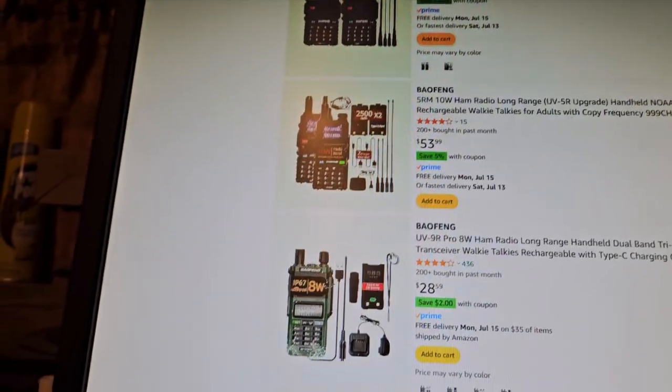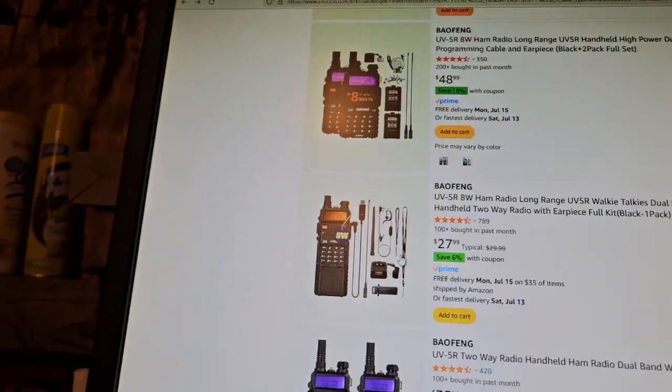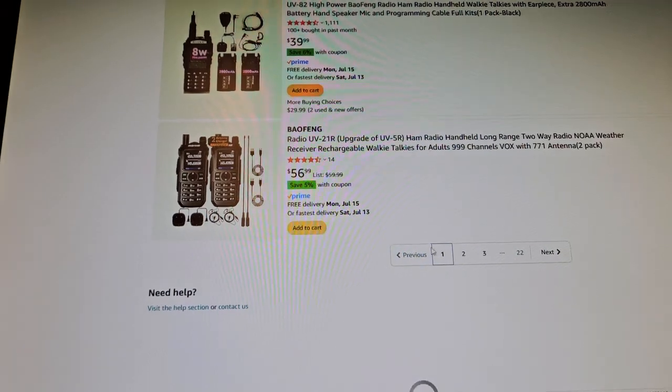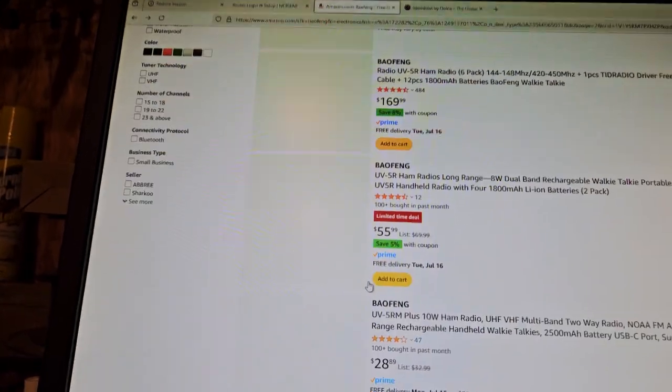So, I think after my flashlight experience, I'm probably gonna chill out on reviewing flashlights, just because. So maybe we'll find some radios or something. But